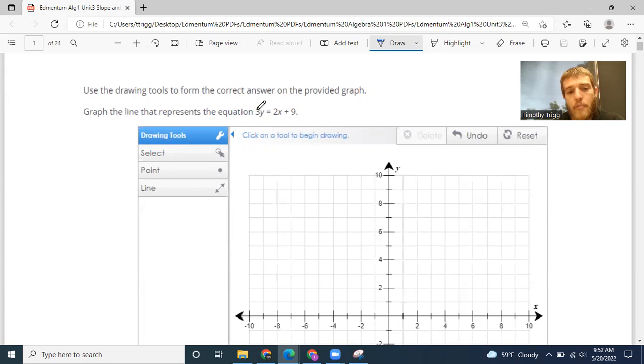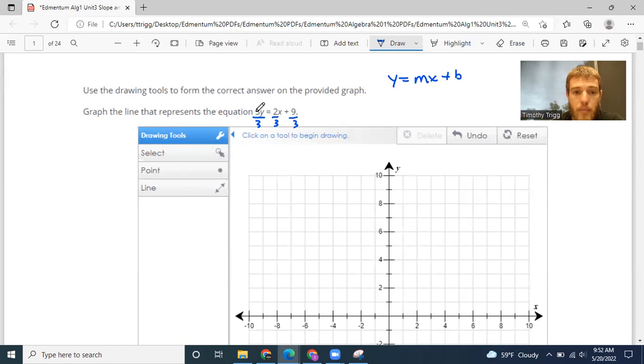Okay, so here we have 3y equals 2x plus 9. So the first thing I would do is I would say, well, I'm actually pretty close to y equals mx plus b, right? Slope-intercept form. So what I'm going to do is get us into that form. And the way we do that is by solving for y. So here we have 3y equals 2x plus 9. To get y by itself, we're going to divide by 3